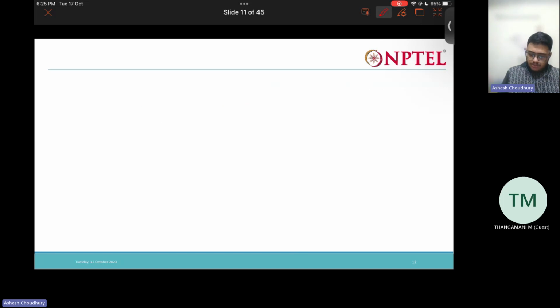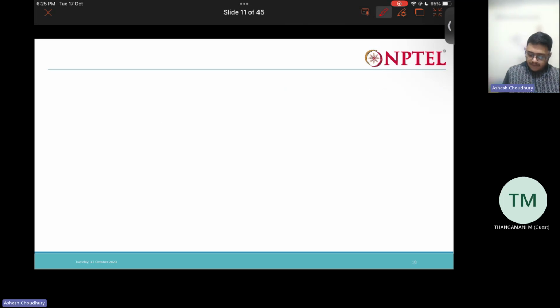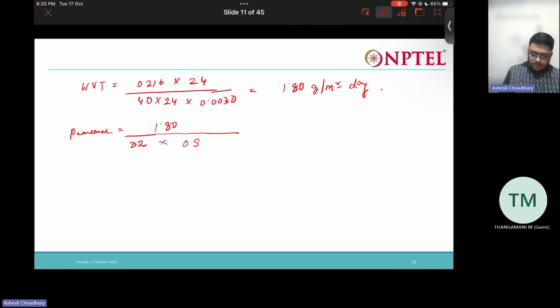It's given that the relative humidity difference is 80%, so the difference is 0.80. You get this as 0.0703